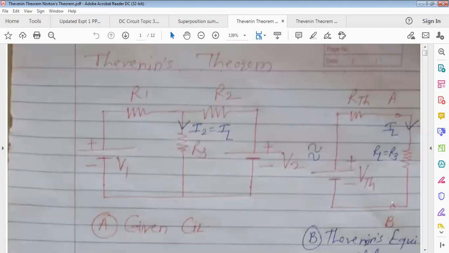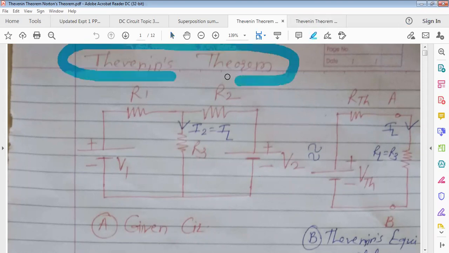So see here. Whenever you are asked, for any circuit, to calculate the current flowing through so and so resistance, the same sum you can solve using Kirchhoff's, using the superposition theorem, using Thevenin's, or using Norton's. By all methods, you will get the same answer. So another method we are going to see. But sometimes, from circuit to circuit, if you simplify by superposition, it gets solved in less time and is easy to solve.